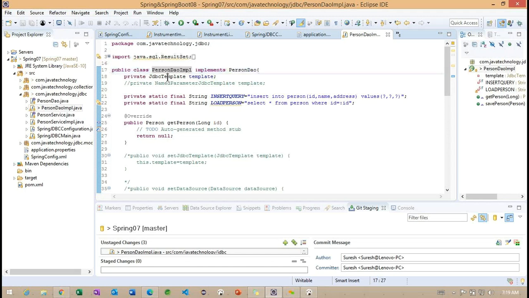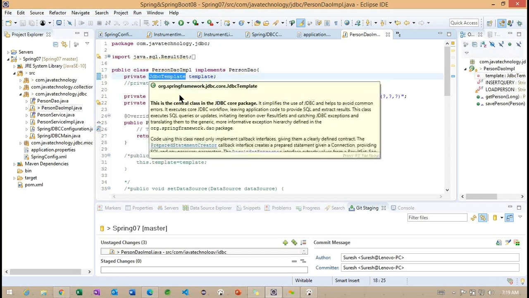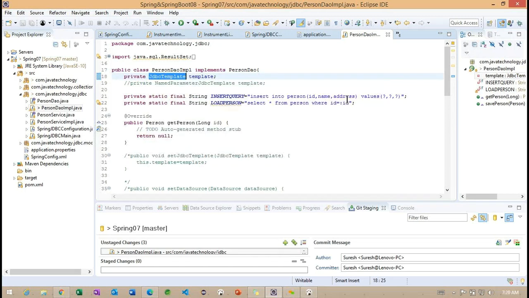So if you want to call this particular JdbcTemplate, what do I need to write? Any other persons? Okay, observe carefully.